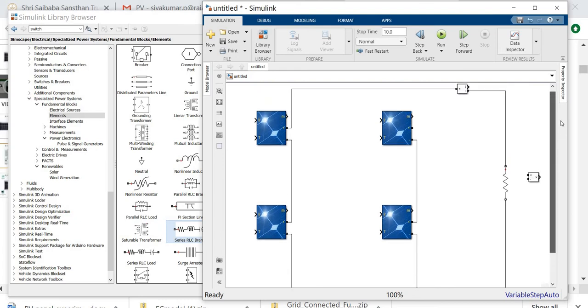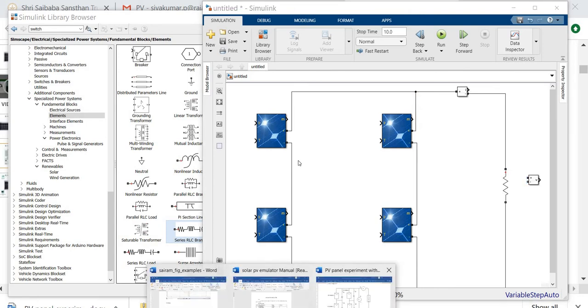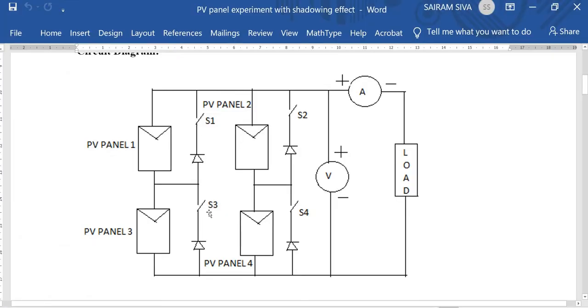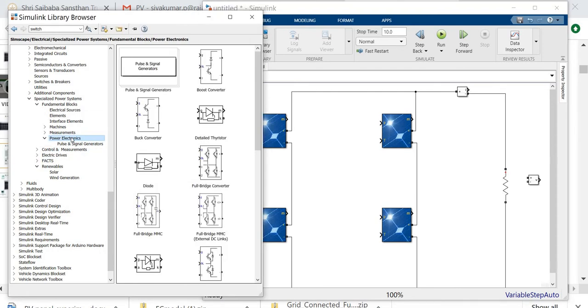Now the next point, here I am going to connect this. So how are we going to develop this diode and switch? This switch can be replaced by the power electronics switch, which means an IGBT based switch. And the diodes are in the specialized power system library under power electronics. I am going to select the diode.